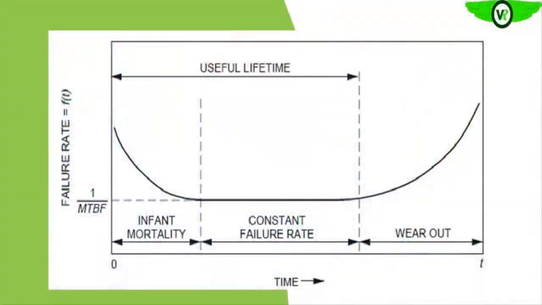So this is the bathtub curve that we were discussing. On the vertical axis we have the failure rate, or the failure probability. Okay, and then the horizontal axis is the time axis. Usually, when an equipment is installed, it has a very high rate, that is high probability of failure. Are we getting it? And that is as a result of maybe installation error,